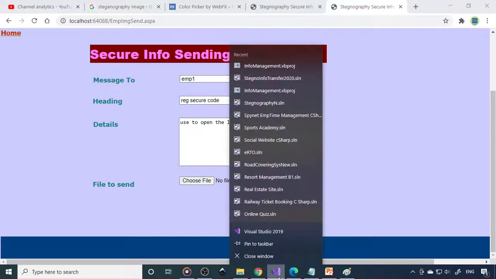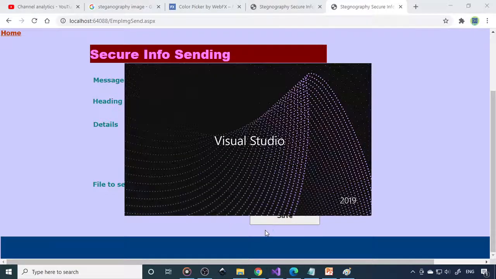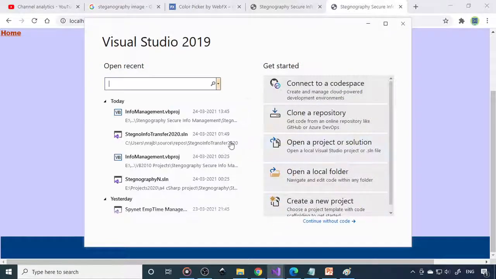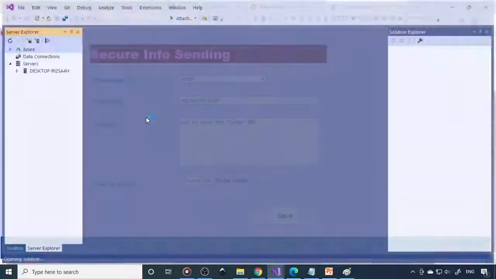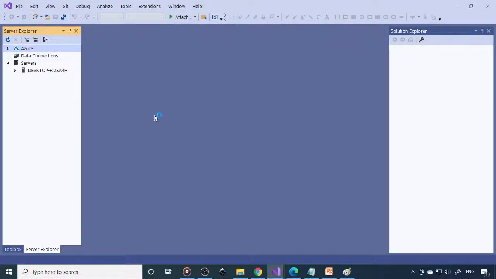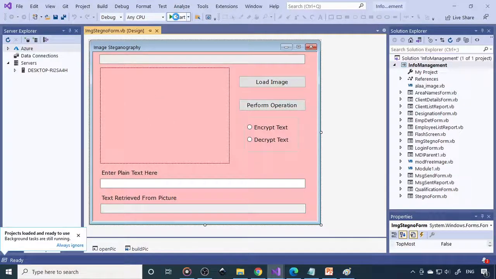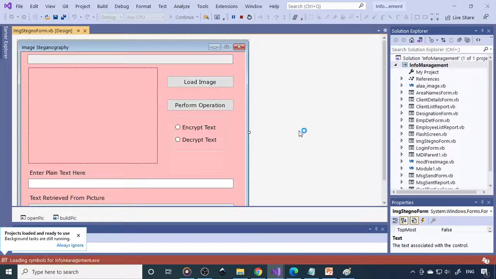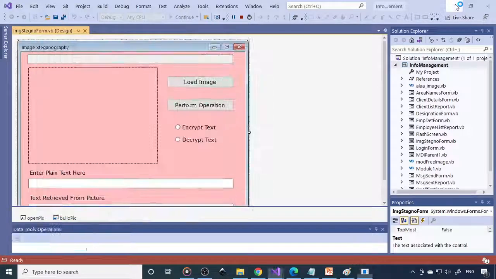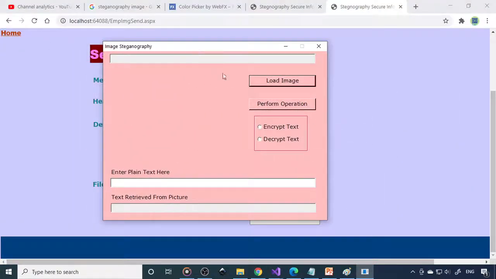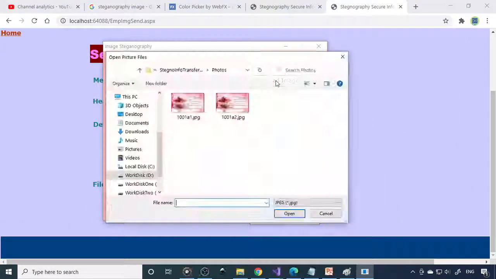For that, as I told already, I have another project. Fine. So here we can take the image, so we can load image.